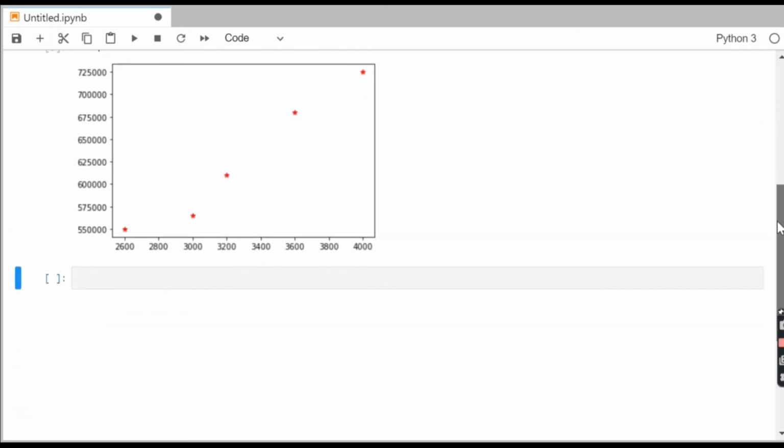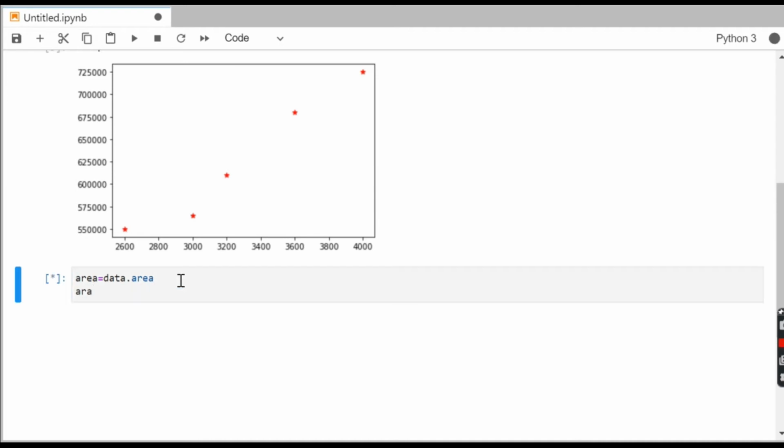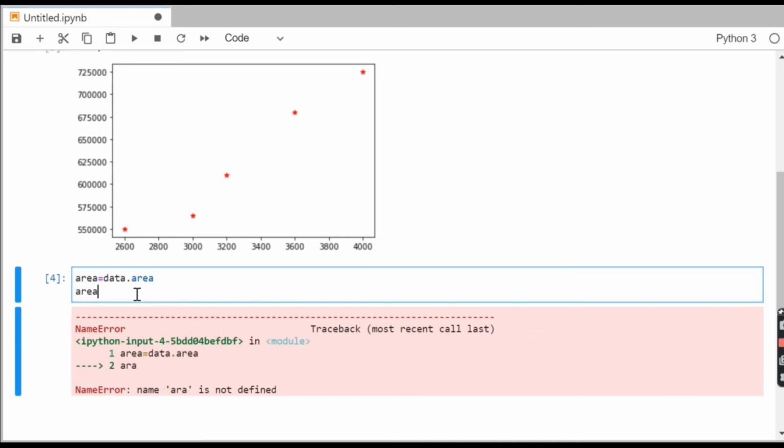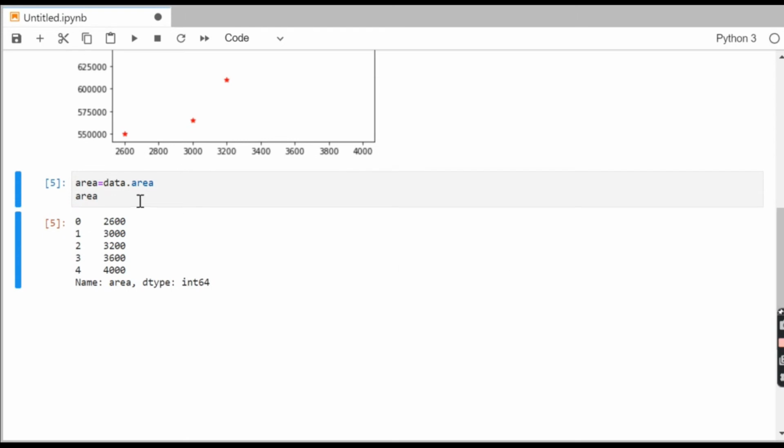Now the next task is to divide our data into two parts. So we will fetch area. We'll write data.area, so this is my area, you can see, and you can write this another way as well. You can also fetch area using this way.